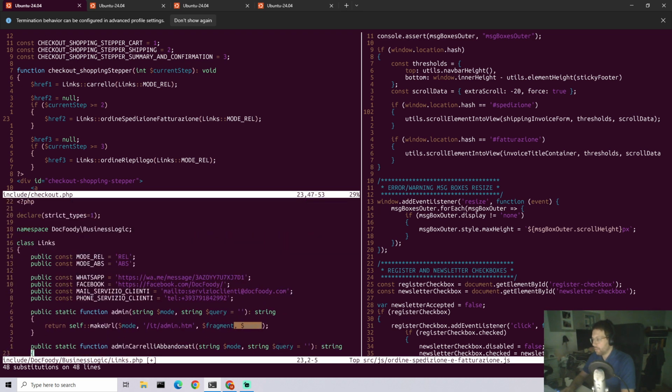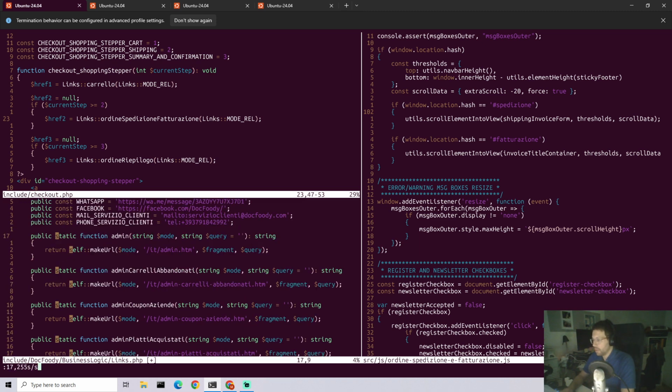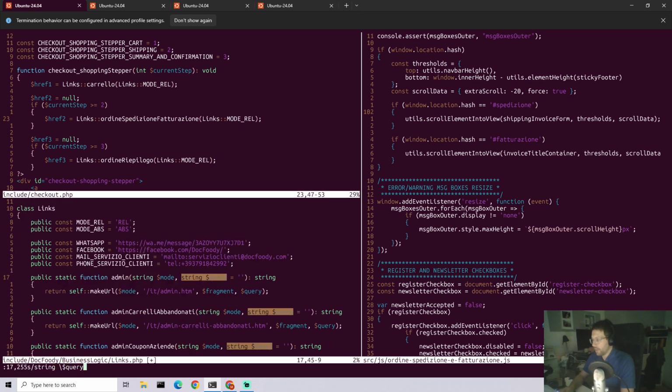Okay, and that's not enough because I also have to go from line 17 to 255 and substitute string query equals empty string with, I mean, well, let's do it like this. String fragment equals empty, and then